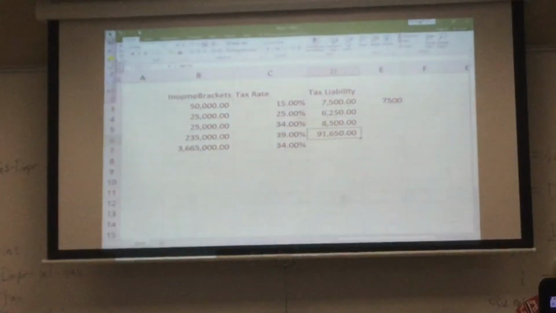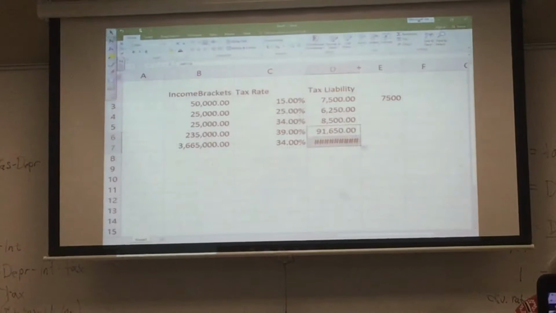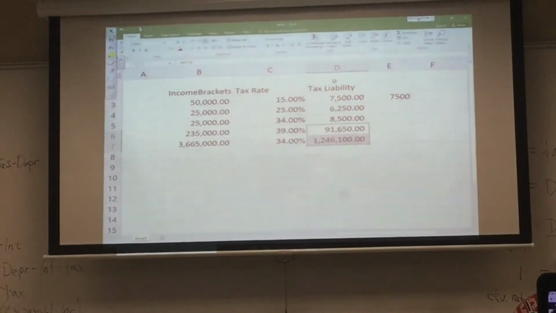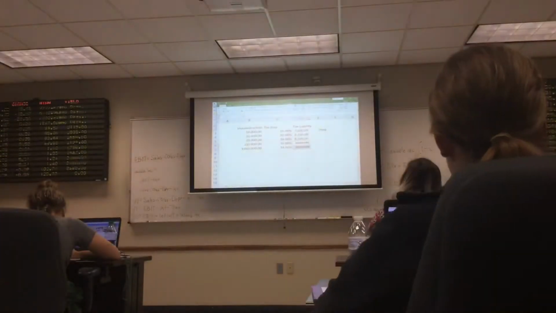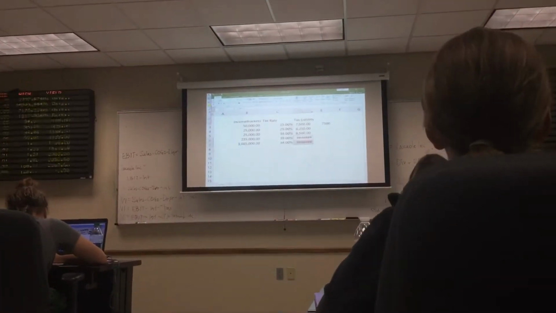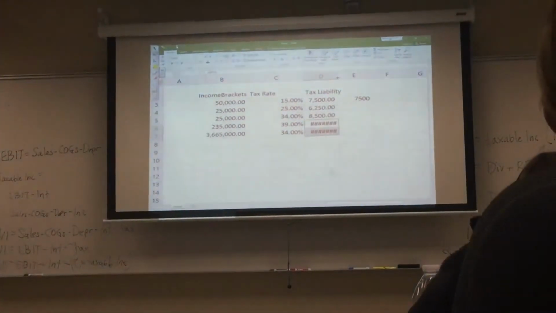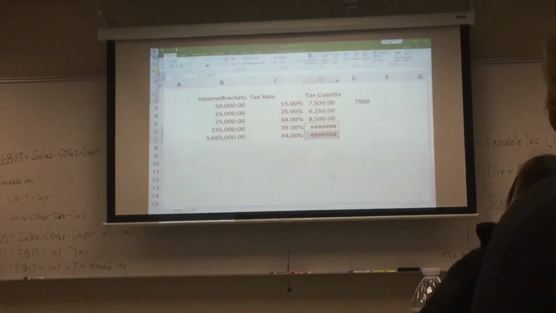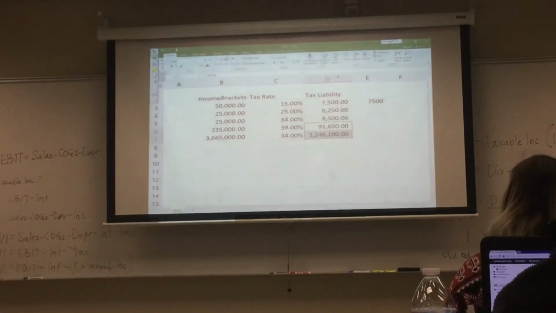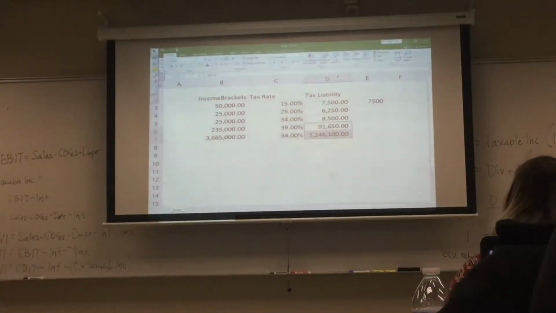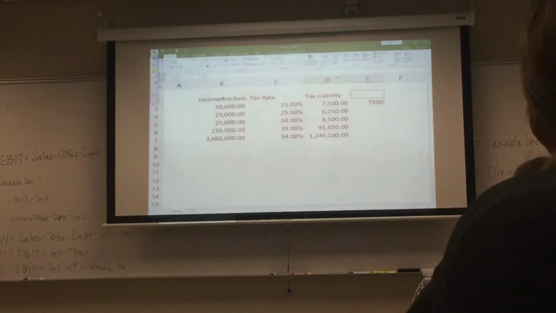So, I can just take my equation, drag it down. Anytime you see that pound sign, like what you just saw, means that the column is too narrow. And when it's too narrow, you need to widen the column so you can see all the numbers. You can just double click on that column line, and it will widen it out. All right, so you can see here,